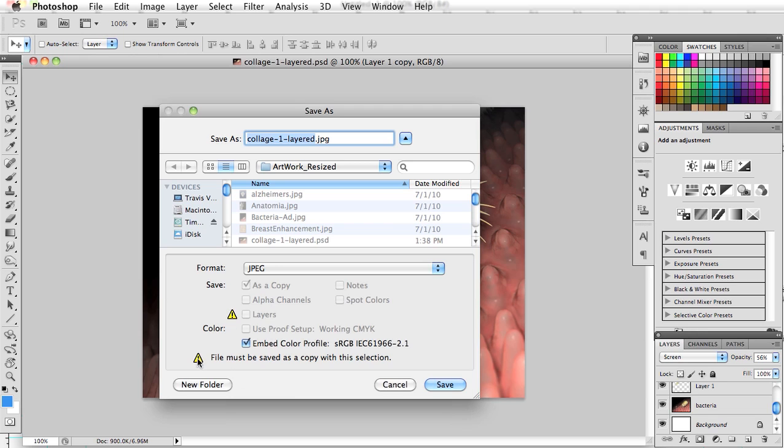Now notice it's giving me this little error or caution symbol: files must be saved as a copy. All it's telling me is that I can't save over the original one. It's going to be saving a copy, and it's going to actually do what's called flattening. So all the layers will be smushed together as one individual layer. So I'll go ahead and save this, and I'll open it up so that you can see the difference. And we'll call this one flat